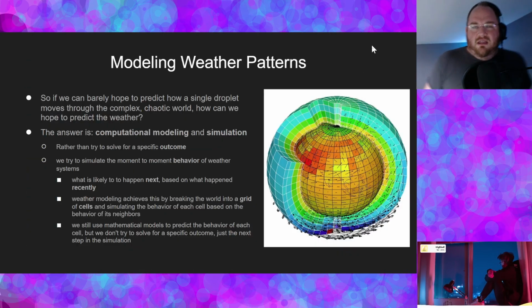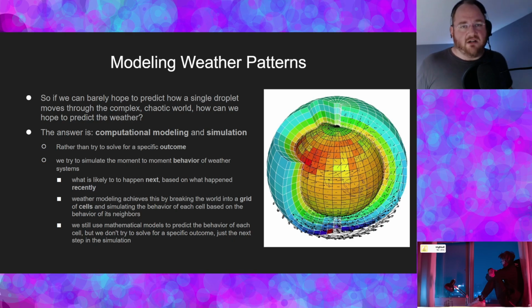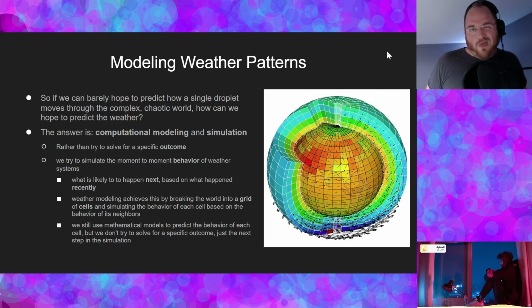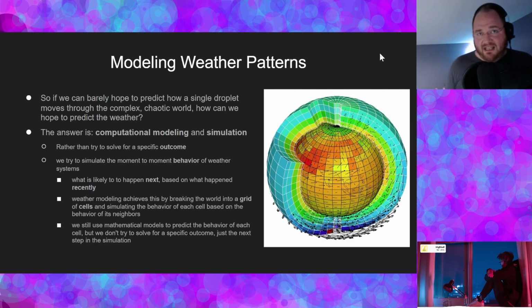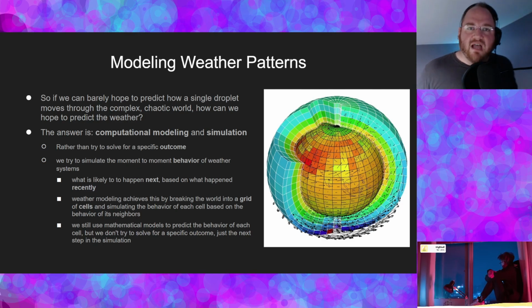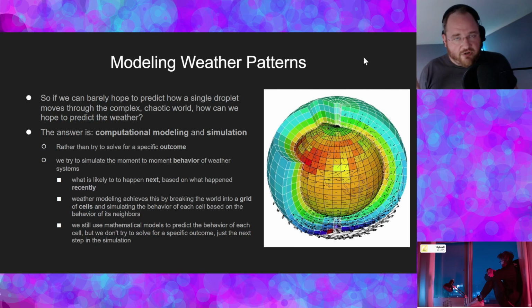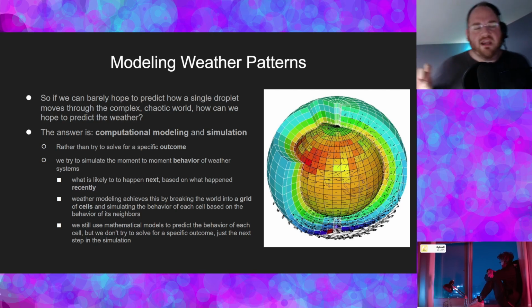So that's the concept. Continuing on, another example is how we model weather patterns, right? If we can barely hope to predict how a single droplet moves through this crazy world, how can we hope to predict weather, which is like a billion, trillion, quintillion droplets of water? And the answer is computational modeling and simulation. Hey, we've arrived. So rather than trying to solve for a specific outcome, a specific number you're trying to compute at the end step,